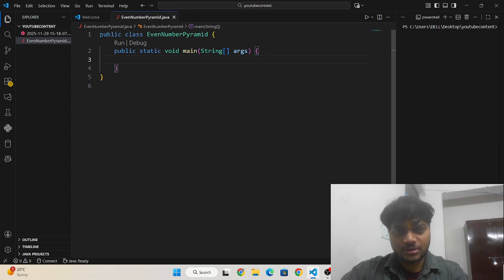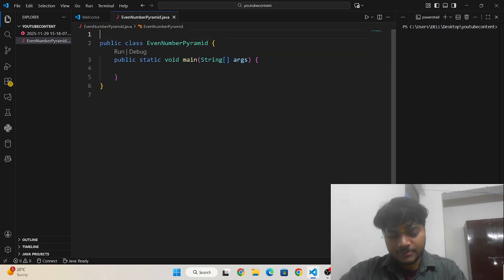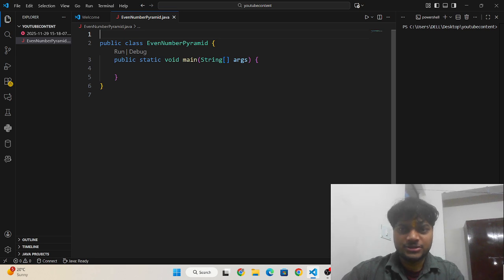If you are using another application, then you write the full line. If you are using Visual Studio Code, then you can use PSVM for writing the main method in the program.